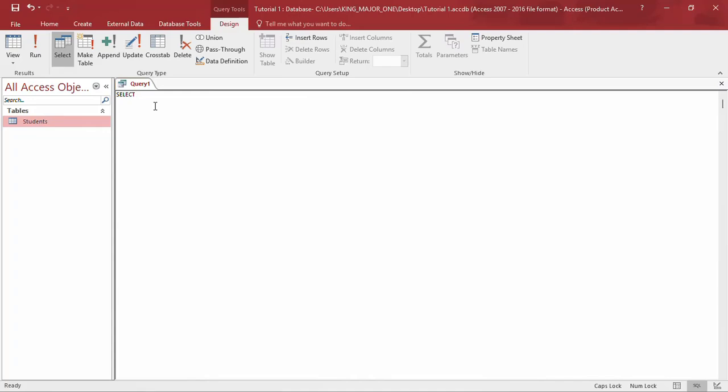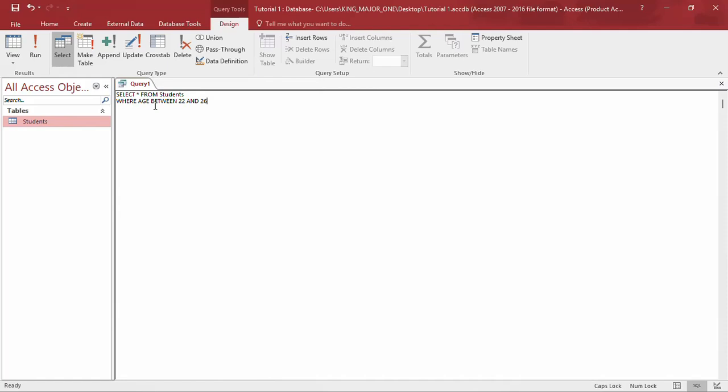We are selecting everything, as you remember from the previous lesson: select everything from students where, and this is a condition, where age between 22 and